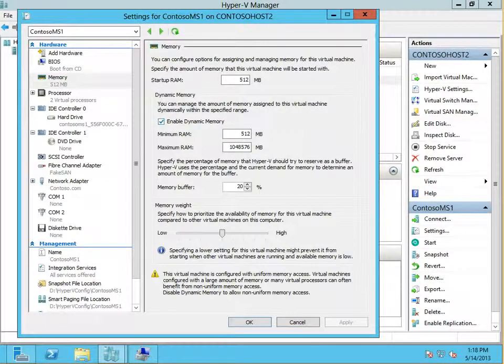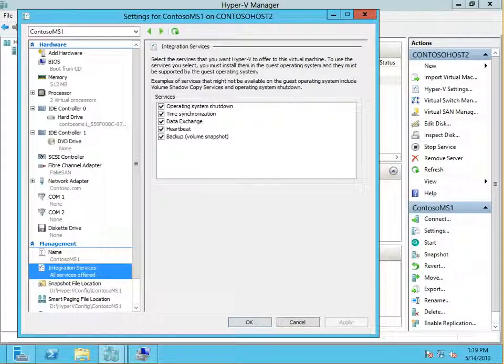So turning on and off dynamic memory gives you the ability to share memory among several different virtual machines. This isn't an oversubscription of RAM, similar to VMware and how they do their world. This would be still, if I've got 2 terabytes of RAM on a machine and I've got tons and tons of virtual machines on that, the host will leverage the physical memory as needed by monitoring the pressure of the network. One of the integration services will actually be continuously watching for the memory pressure on your virtual machines, and